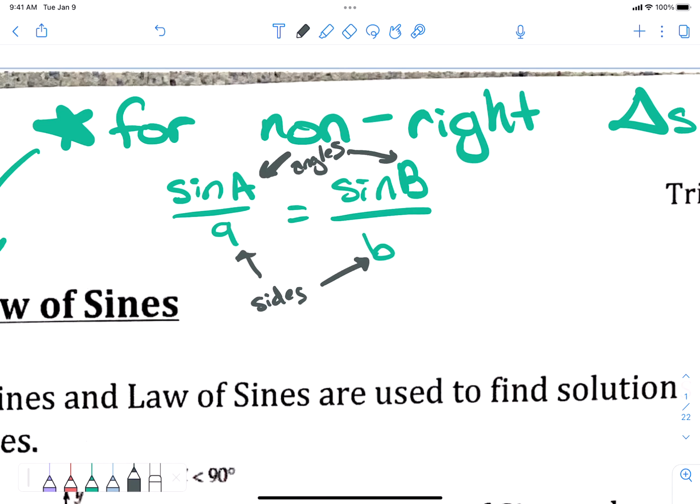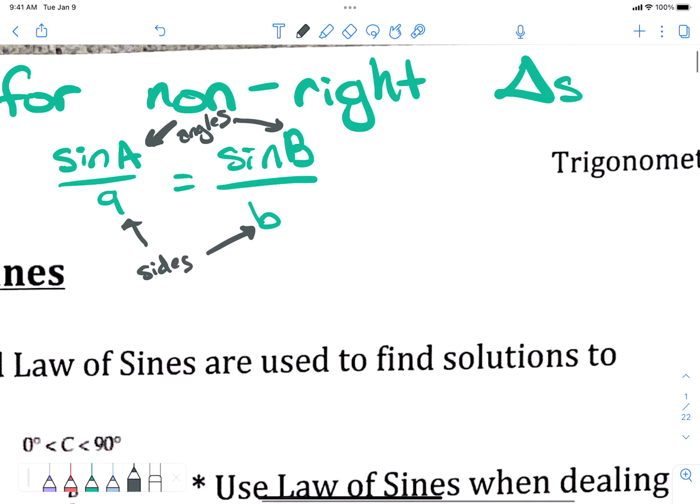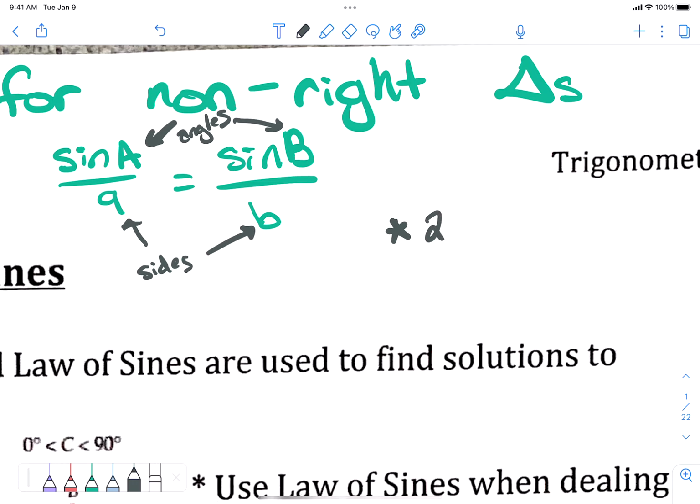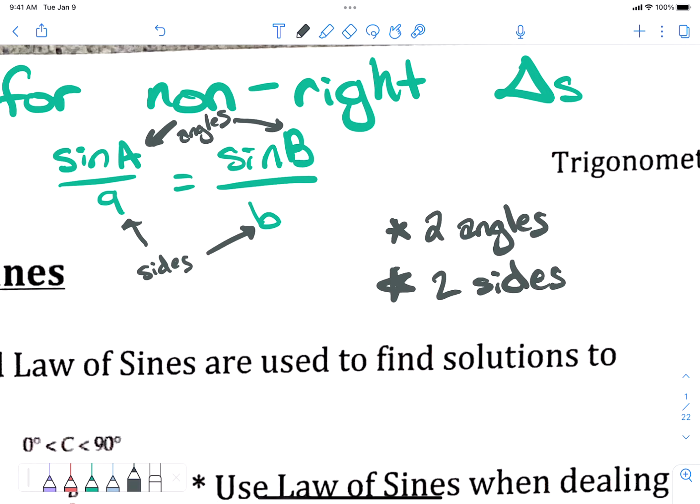Okay, so take a look at this formula and tell us what we need to have. This formula is set up so that we have how many angles? How many angles are involved in this formula? 2. 2 angles and 2 sides. When we are dealing with solving triangles that have 2 angles, 2 sides, we use the law